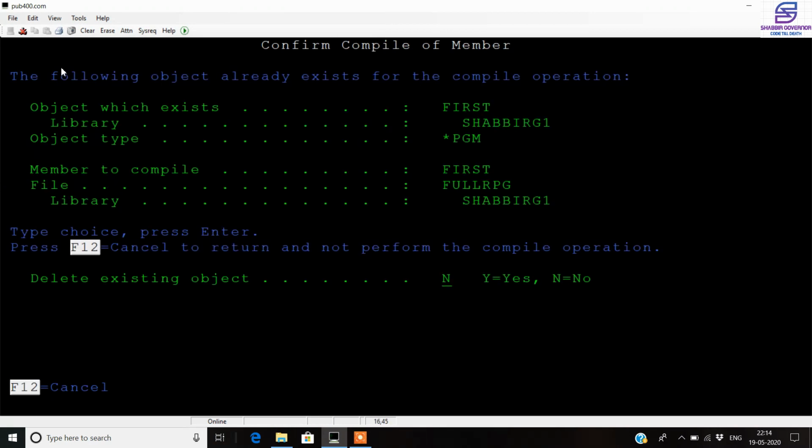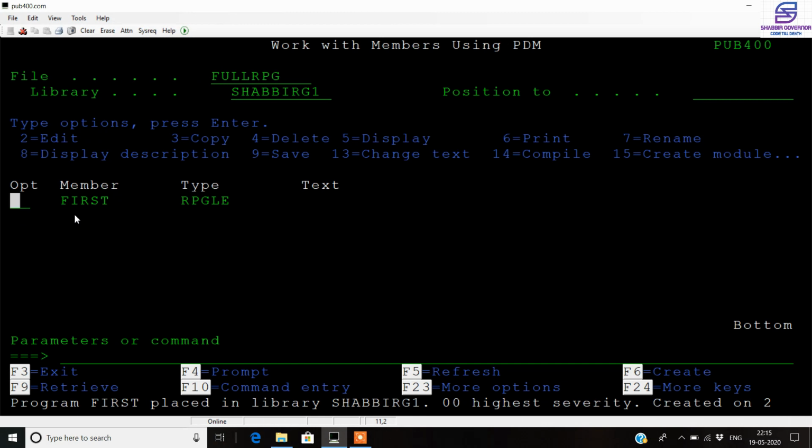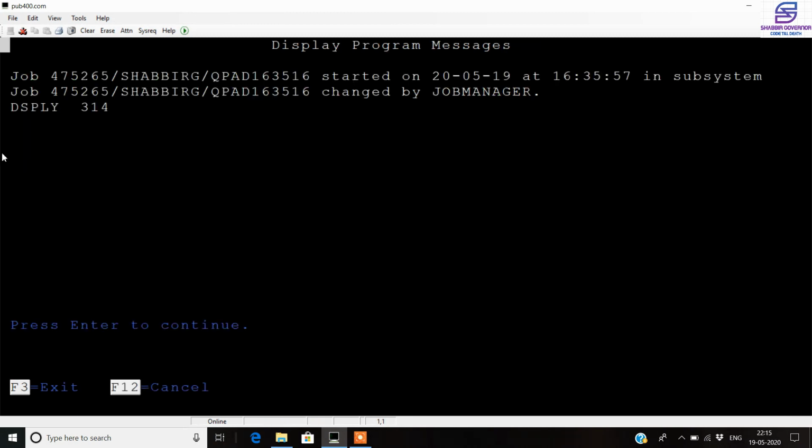So we go for 14, yes, delete object. Our program is now compiled with no errors, so we call the program. You can see that we are getting the output of the constant, 3.14, whatever we declared inside it, and it is printing properly.